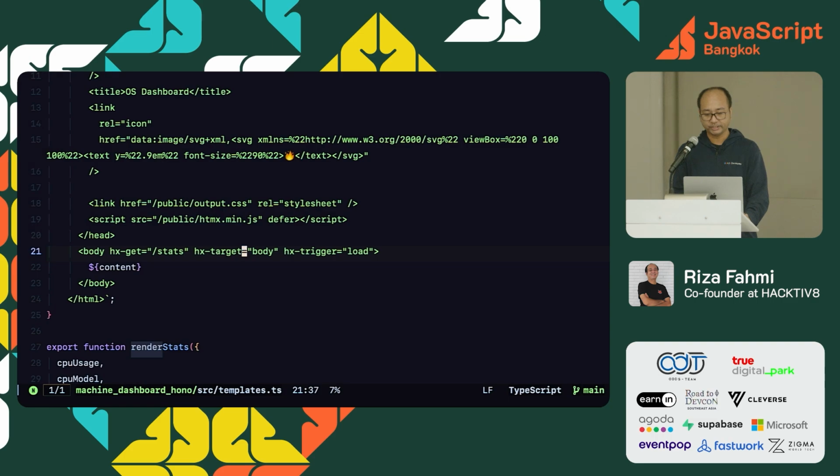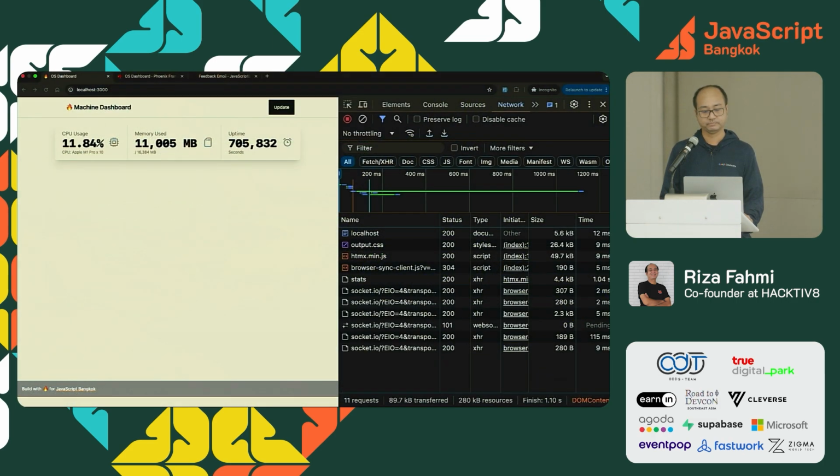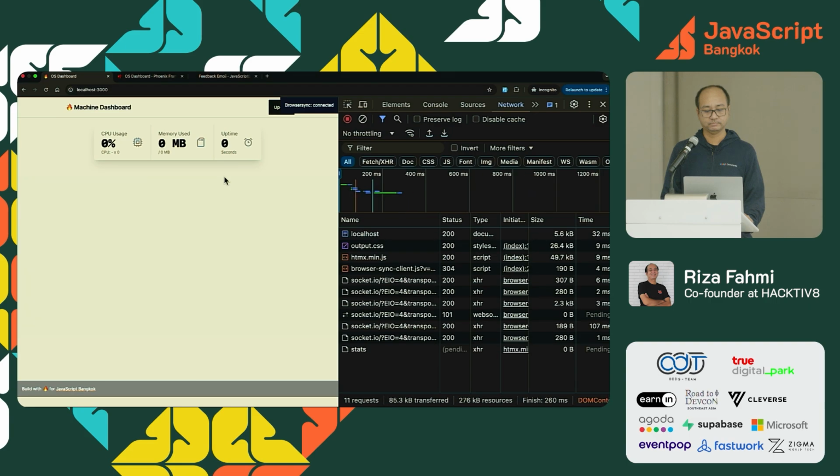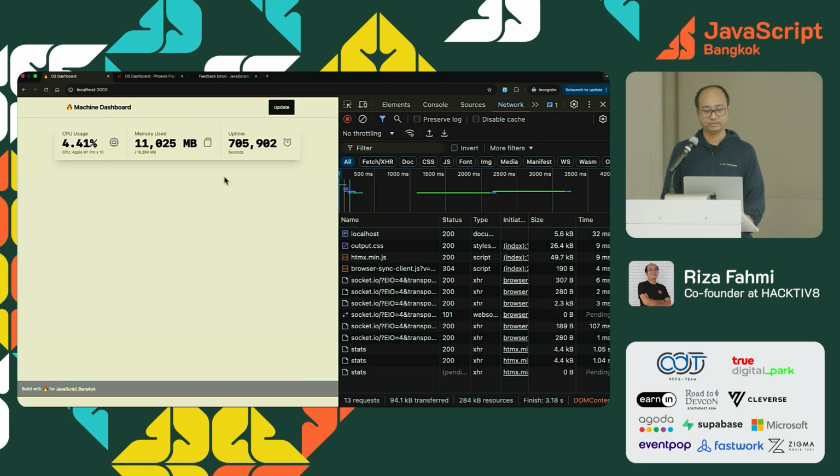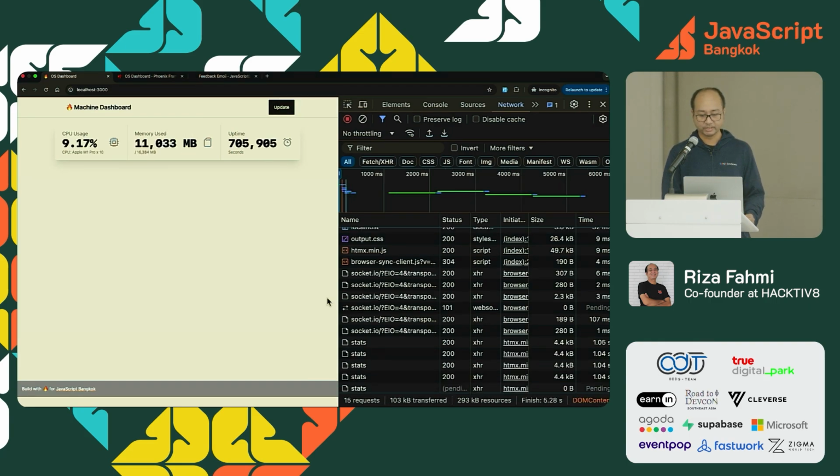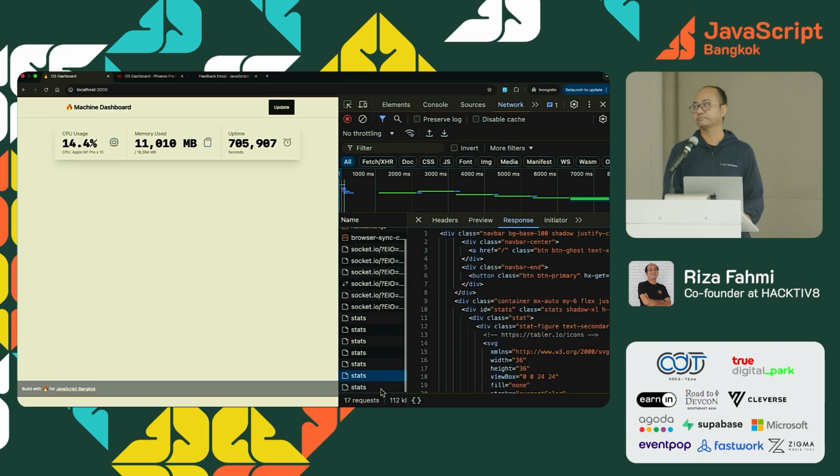So when we change this to every 1 second, it will re-render every 1 second. Okay, it changes every 1 second. There is new stats HTML.